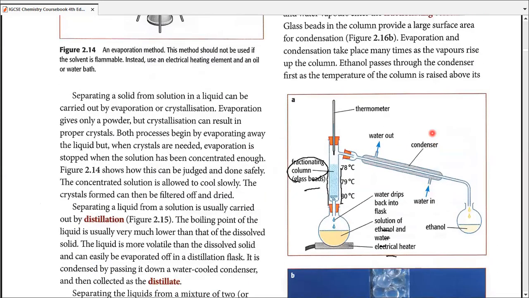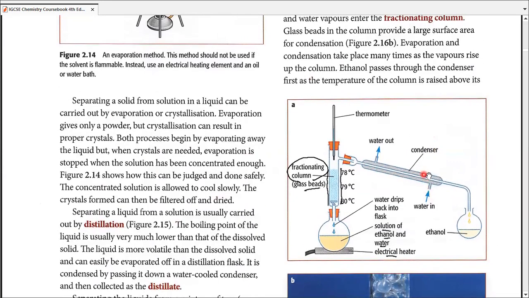We're going to consider it a little later to understand. Okay. So we fill it up with glass beads. What's going to happen is that as soon as we heat it up, and the temperature around this portion reaches 78 degrees centigrade. Remember, the boiling point of ethanol was 78 degrees centigrade, and the boiling point of water was 100 degrees centigrade. Now, since there is a difference in their boiling points, we can work with this difference